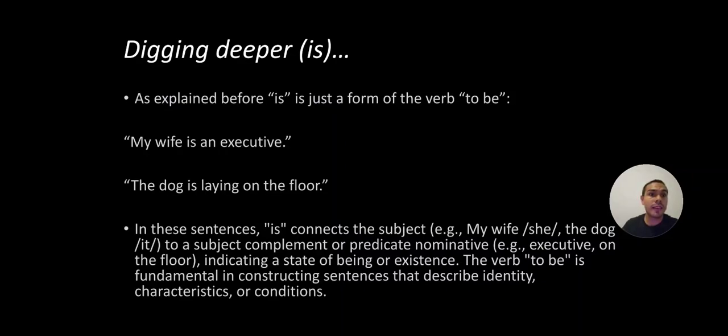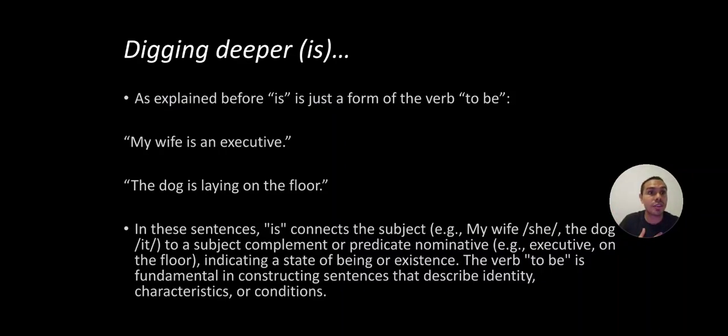Executive for the first one. ¿Qué es lo que es ella? Una ejecutiva. And for the second one, on the floor. ¿Qué es lo que está haciendo el perro? Perdón, en este caso, ¿dónde está el perro? Está acostado en el piso, ¿verdad? So, again, this indicates a state of being or existence, right? And we must know that the verb to be is fundamental in constructing sentences that describe identity, characteristics, or conditions, right? Entonces, sepan que to be se utiliza para todas estas situaciones, para describir una identidad, que es lo que